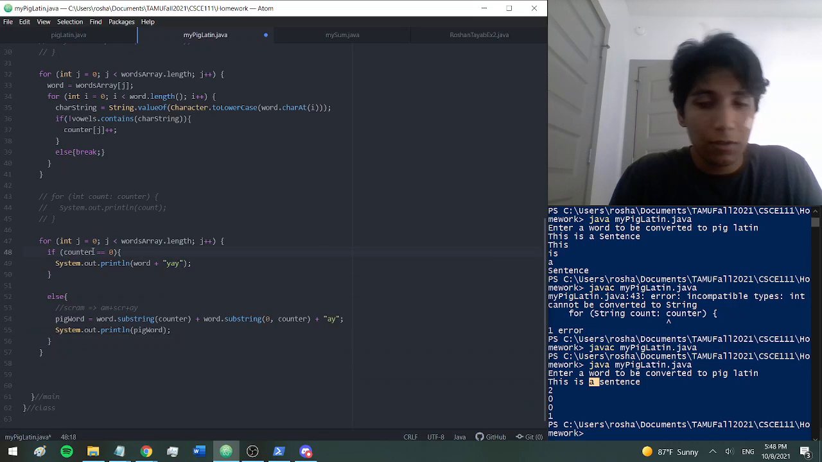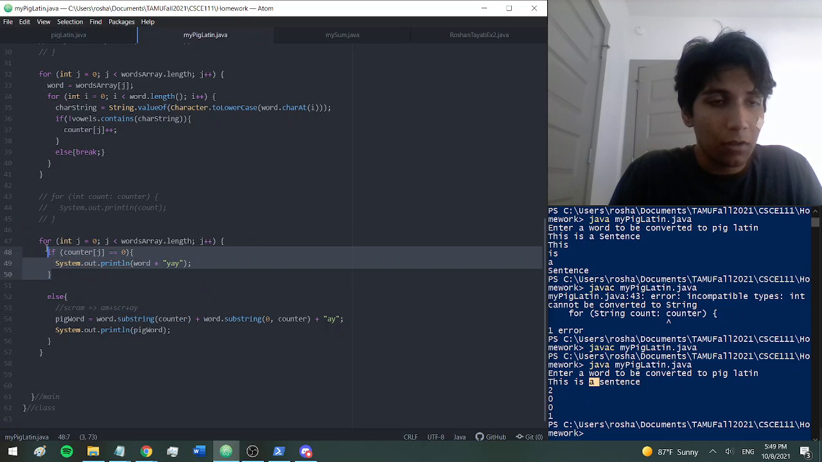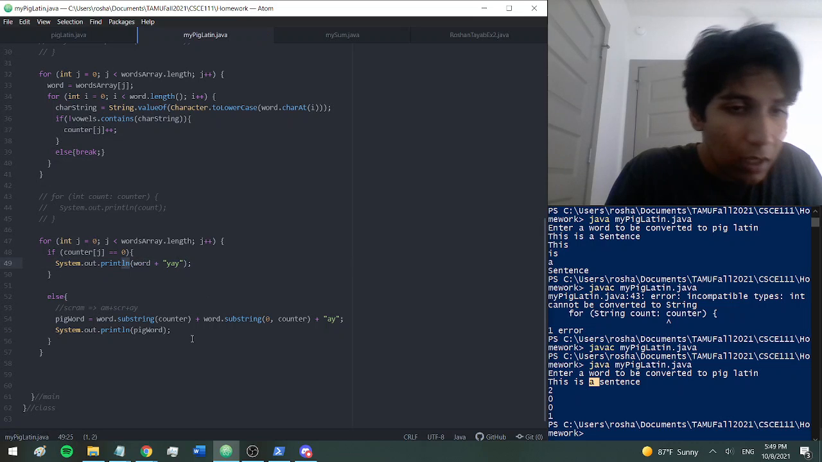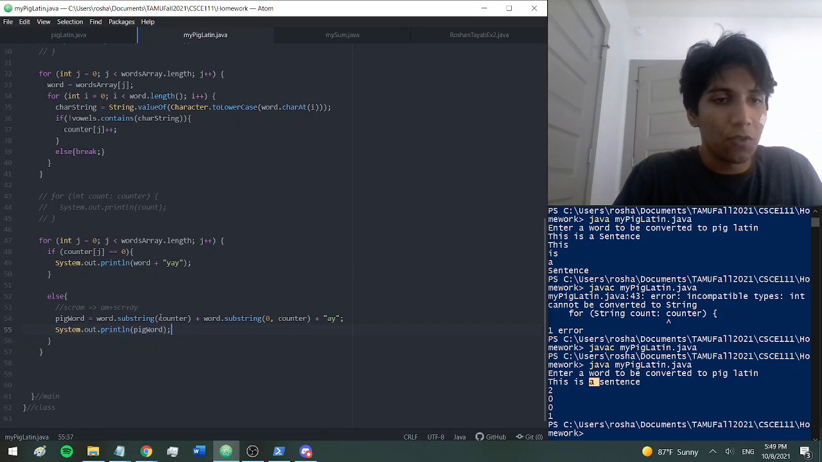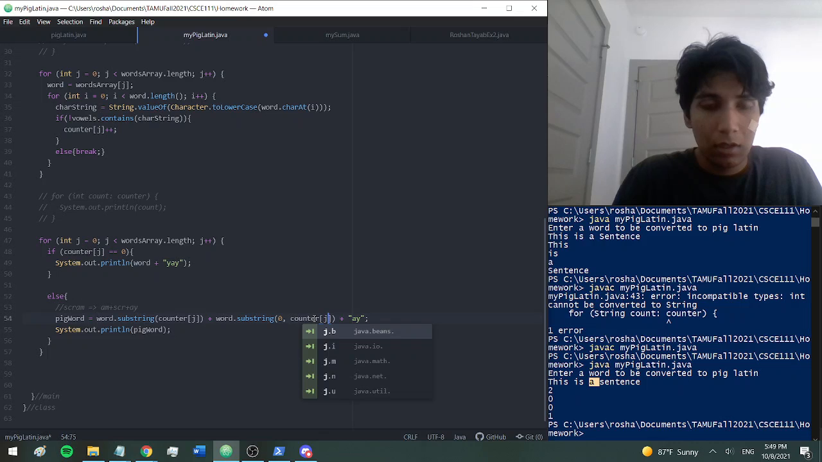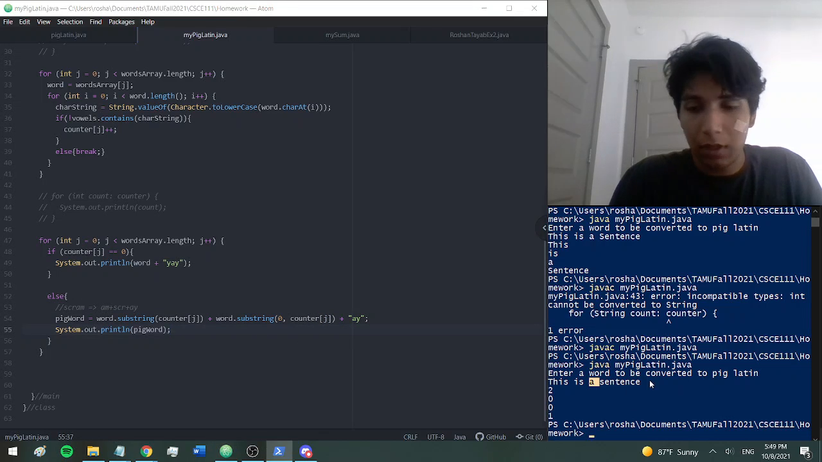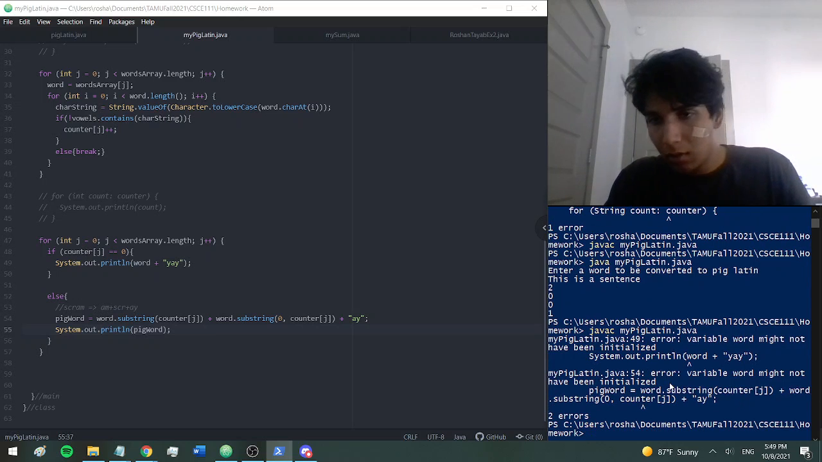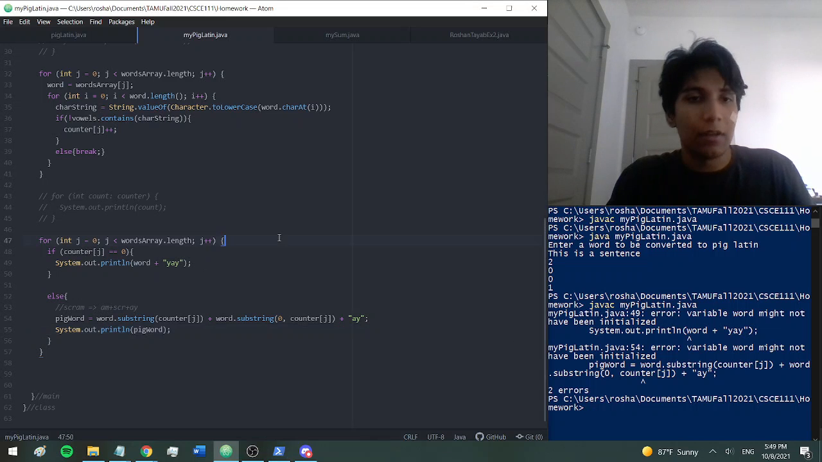So if counter sub j equals 0, then it's a vowel. Print yay. You want a sentence. You don't want a print line. I guess. Well, I'll change that at the end so we can figure out if this works first. And change all the counters to counter sub j so that the array part works. And let's see if I did this properly. No. Oh, you have to initialize word